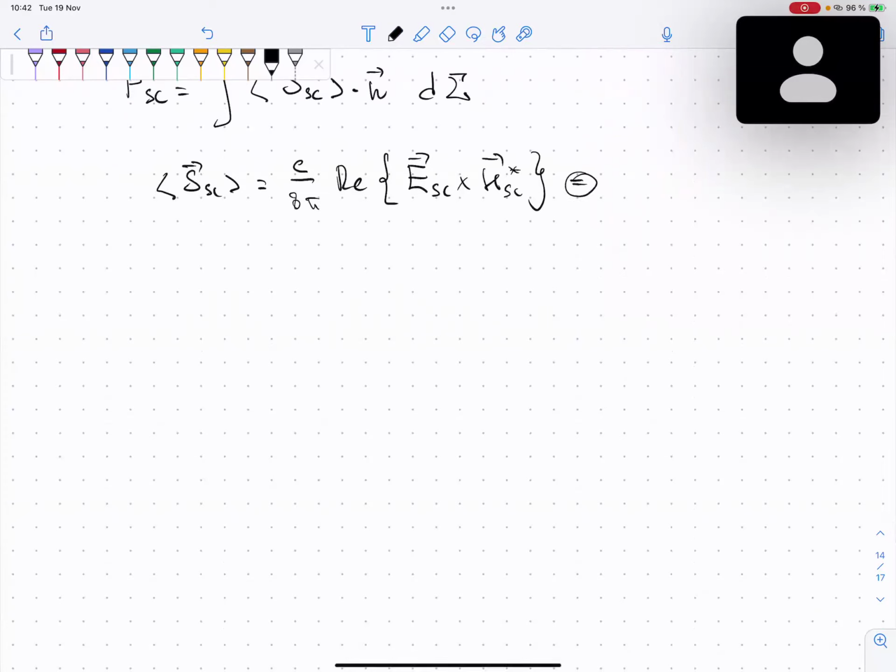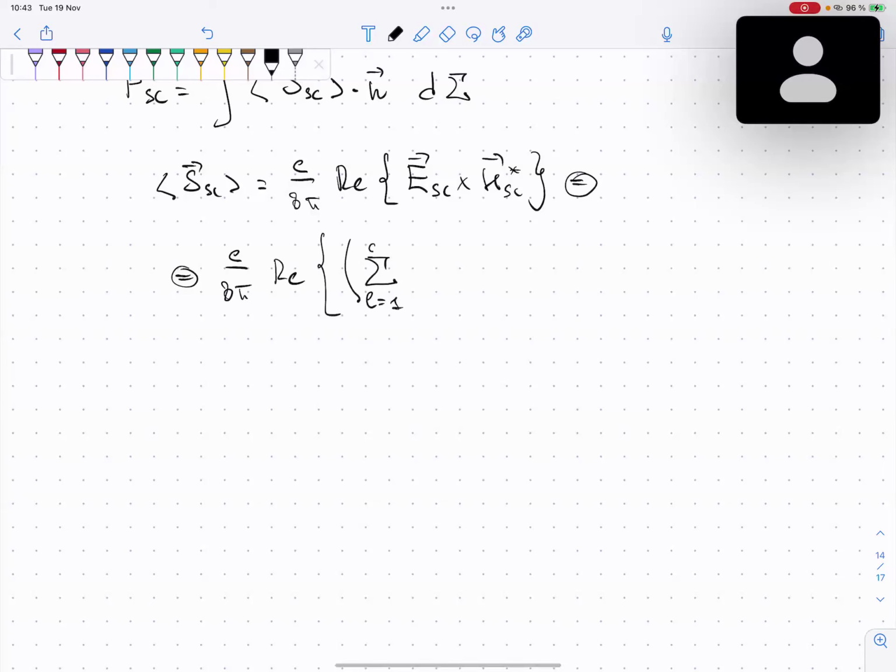So we can write this expression as c over 8 pi real part of